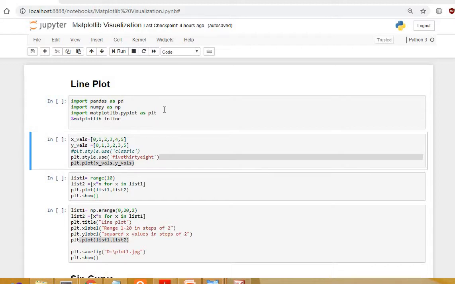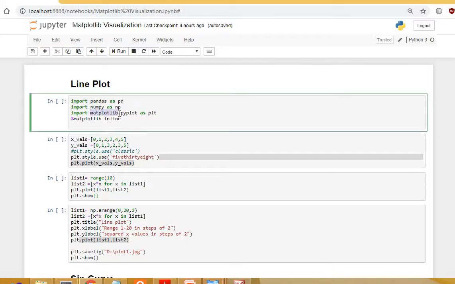Let's start. So here you can see we will first import all the necessary libraries. Now what are these libraries? First pandas, we will create PD as an object of pandas, NP as an object of NumPy. Then we will import matplotlib. This matplotlib is the mathematical plotting library, and pyplot is a sub package of matplotlib, as PLT. So we have created PLT as an object of matplotlib.pyplot.